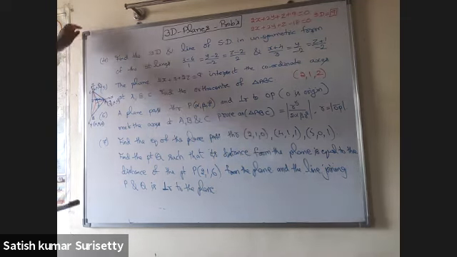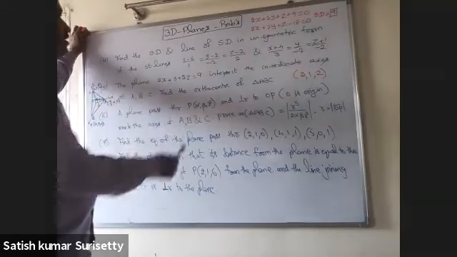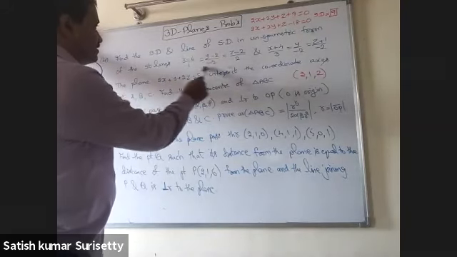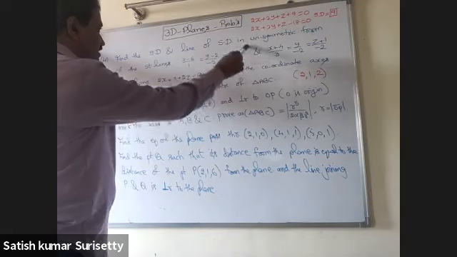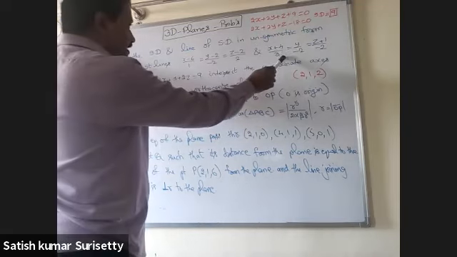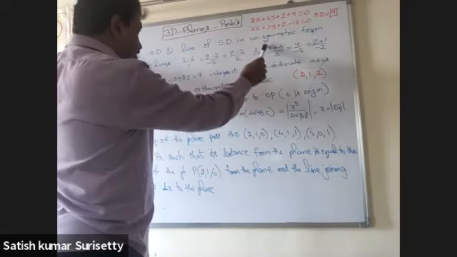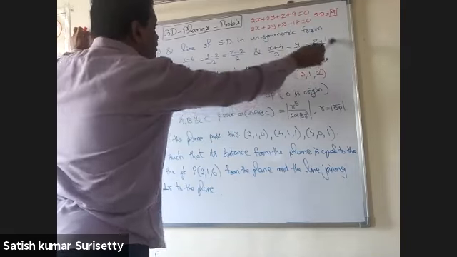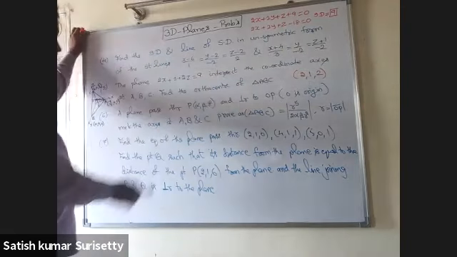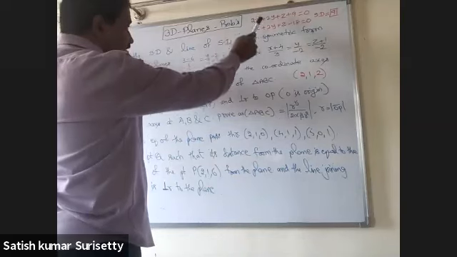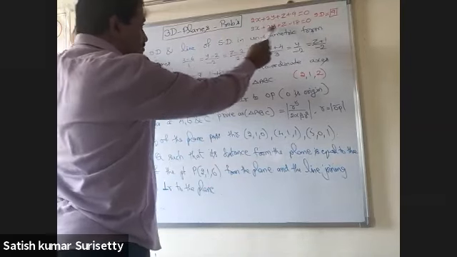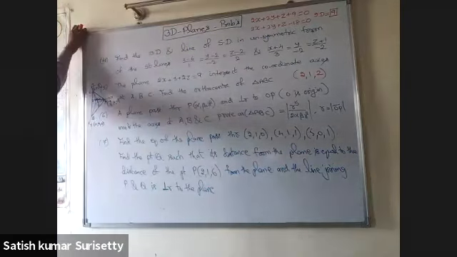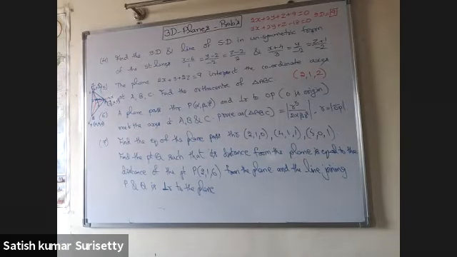In the fourth problem, we need to calculate the equation of the plane containing line 1 and parallel to line 2, as well as the equation of the plane containing line 2 and parallel to line 1. So you'll get two parallel planes. Then the distance between them will be the shortest distance.